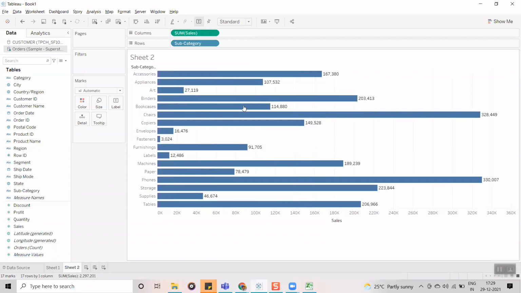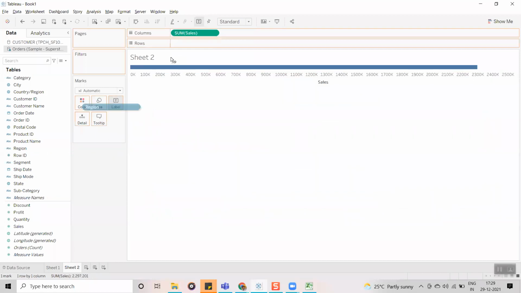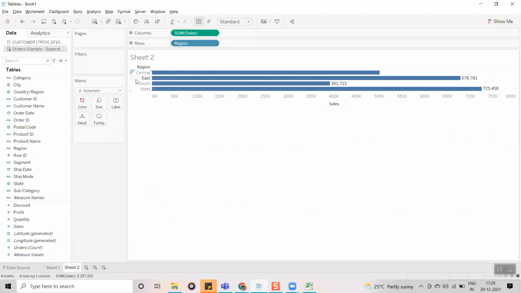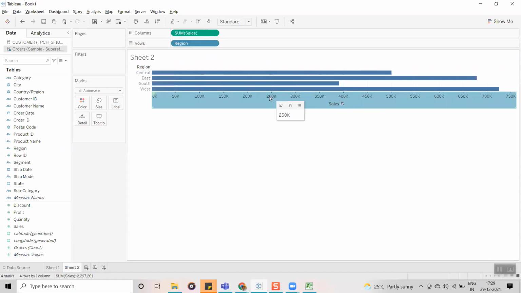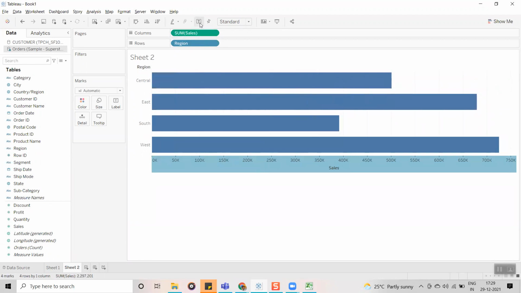So you are not displaying the actual data here. You are aggregating the data and showing it based on the dimension you are dragging here. Now here we are using subcategory. That's where the aggregation has happened at the subcategory level. For example, if you do the aggregation at region level, then it is going to display the sales amount for each region.